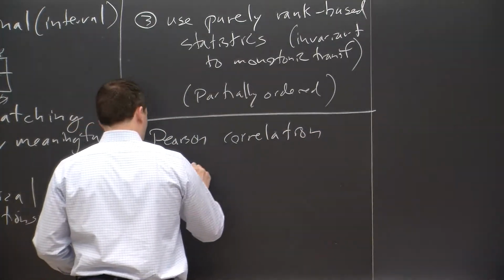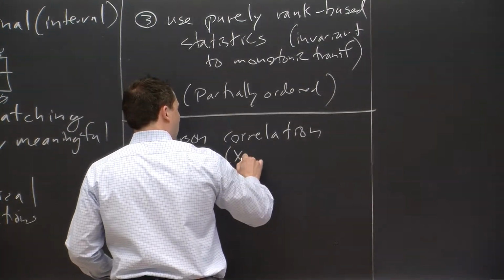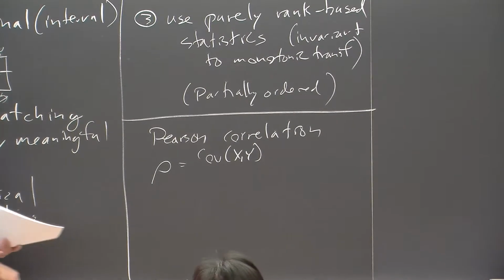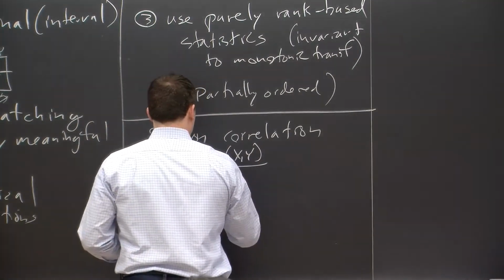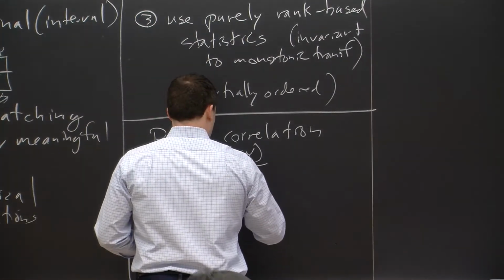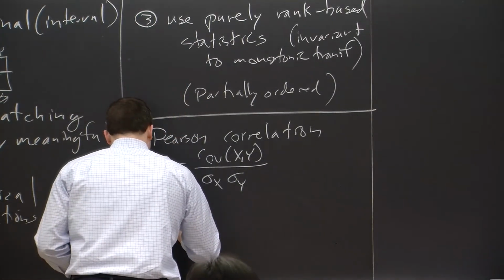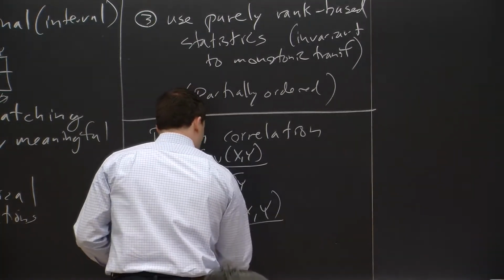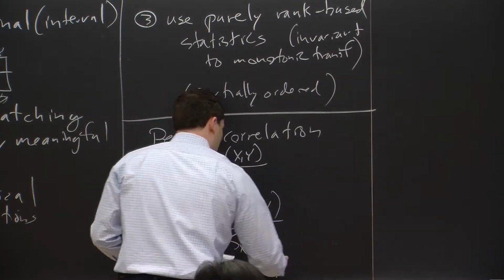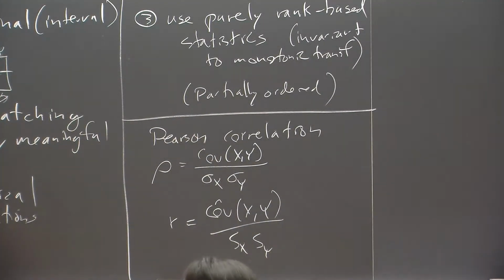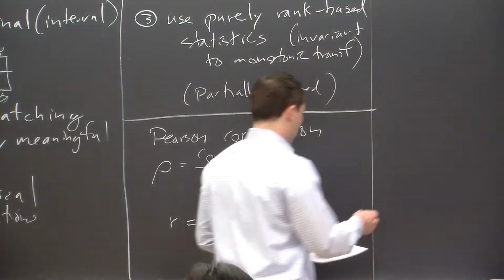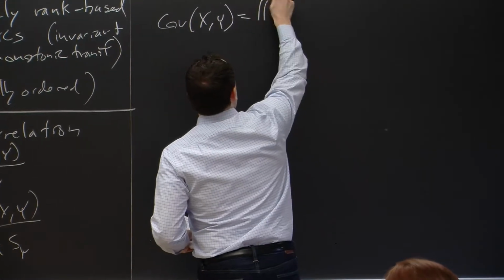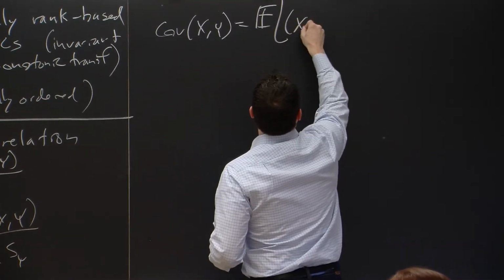So the true correlation is the covariance of two random variables, which I'm now thinking of as numerical variables for this to make sense, divided by the square roots of their variances. And we have an estimator, which is some estimated covariance of these two variables, divided by their standard errors, the square roots of the estimates of their variances. And just to remind you, covariance of two random variables is the expected sort of normalized product